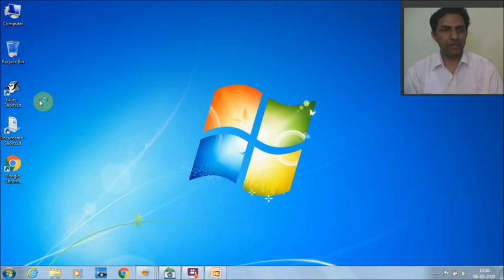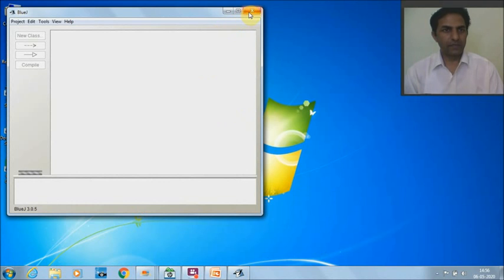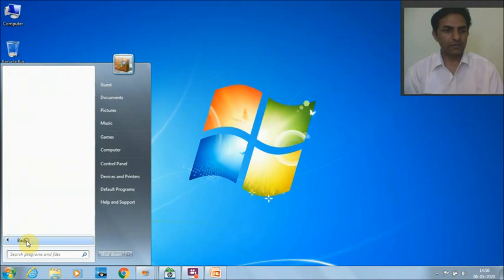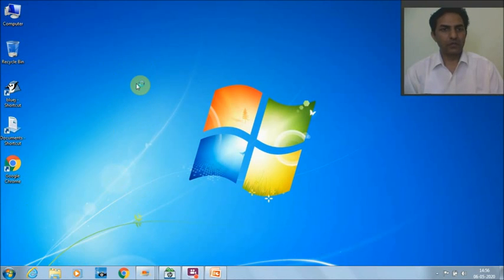Third one is to go to all programs, and after that you can click on BlueJ there. Once you double click on this icon, you can start BlueJ on your computer.